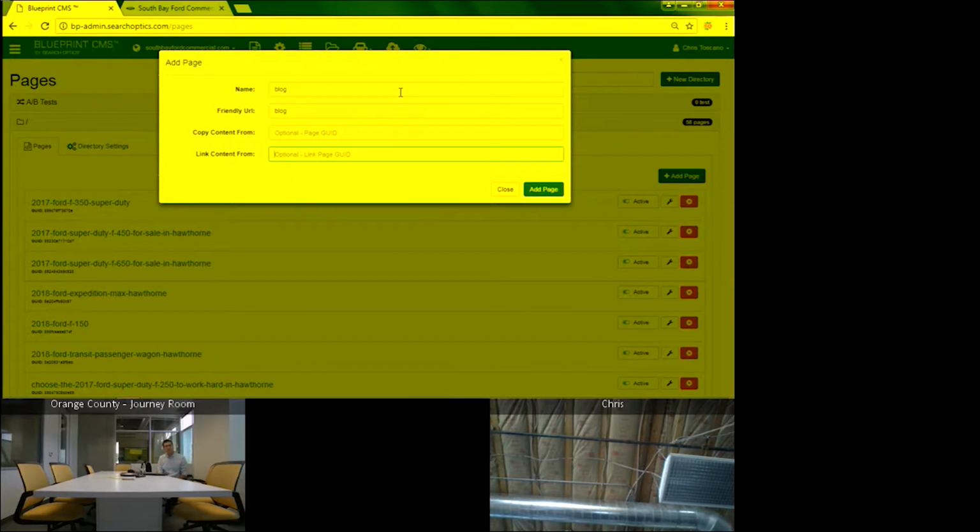Link content from, of course, works in a very similar fashion, except with link, you're not actually editing the content on the page. It's literally just copying it over, and you're leaving it as is. This works great if you need to grab some content over from like a master site. So like, let's say for the Ford of Canada program on the master site, if there was a GUID that